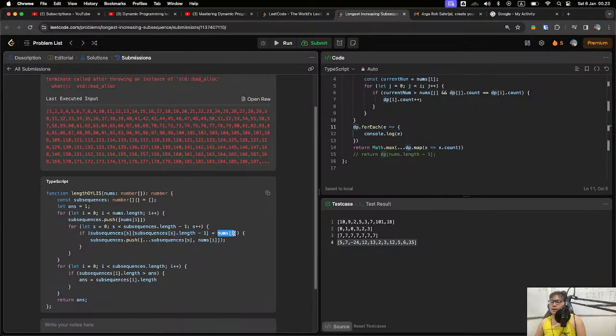If it is larger, we not only push the number into that subsequence, but we push a new subsequence.